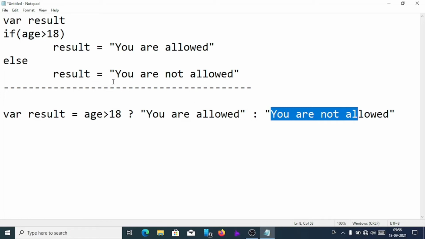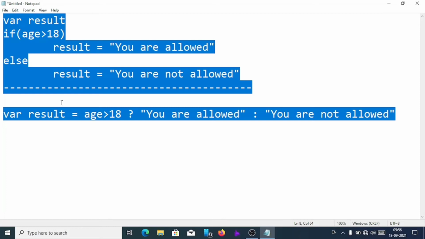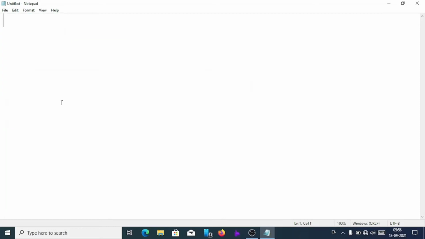Now let's have some JavaScript program. Suppose I want to write the same program in JavaScript. I will check the user age. If the user age is 18, then he will be allowed to give vote. If his age is less than 18, then he will not be allowed to give vote. So first, to write the program, we'll have to write HTML, because we'll write the JavaScript code within the HTML document. Then we'll write head. We can skip the head part, we'll write just body.